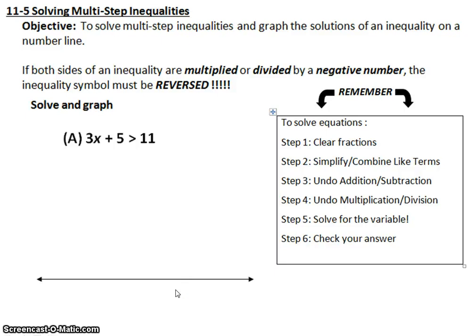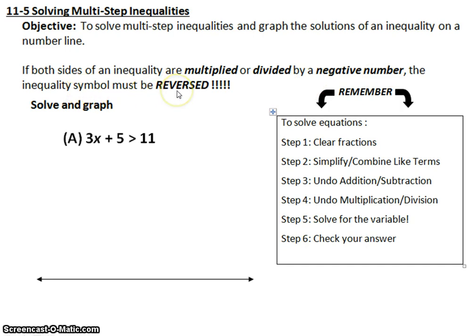Chapter 11, Section 5, Solving Multi-Step Inequalities. The objective is to learn to solve multi-step inequalities and graph the solutions of an inequality on a number line. Now remember, if both sides of an inequality are multiplied or divided by a negative number, the inequality symbol must